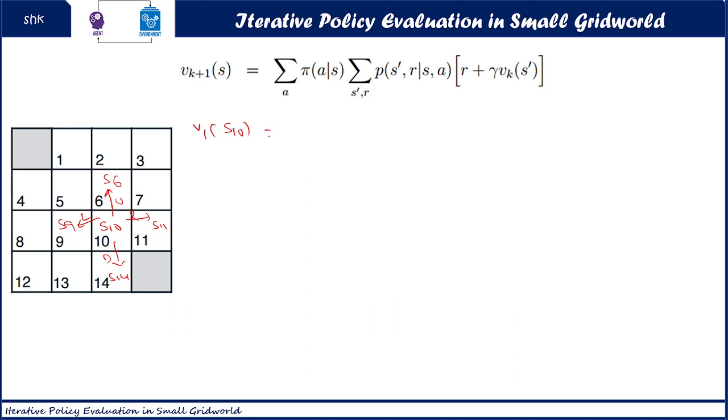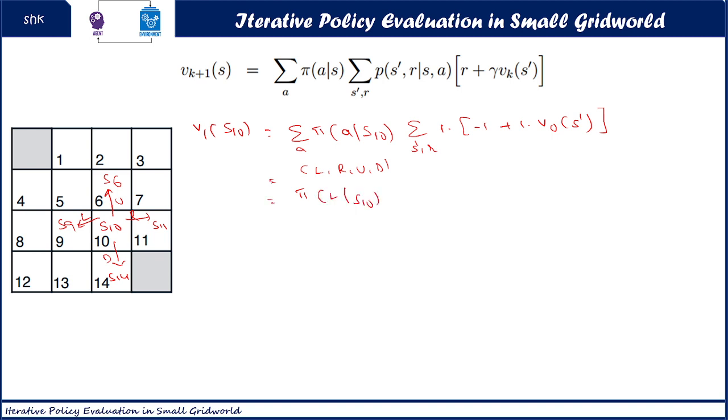Now we can rewrite this as the summation over all actions of the probability of the action we take from state S10, times the summation over S dash and R, where the probability is 1, the reward is minus 1, and the discount factor is 1. The next state transition we write as S dash because it varies with the actions. In the expansion we will write it in detail. The actions are left, right, up, and down, so we write the probability of left action from S10, reward minus 1 plus V naught of